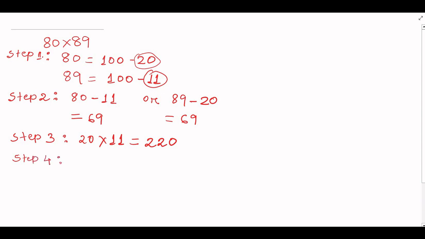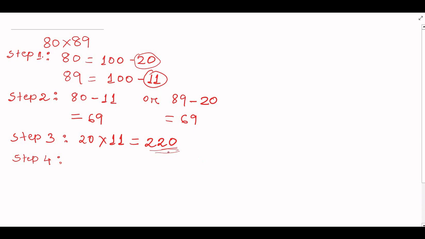In step 4, we will get the final answer. Now you see, in step 3 we got a 3-digit number, isn't it? But in the previous example we got a 2-digit number. So from this 3-digit number we have to take only the last 2 digits as the last 2 digits of the final